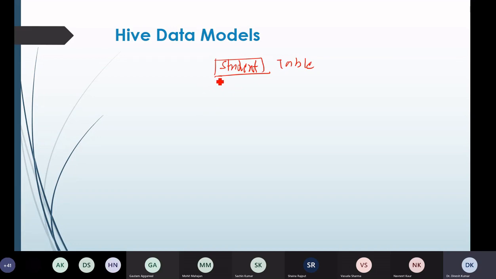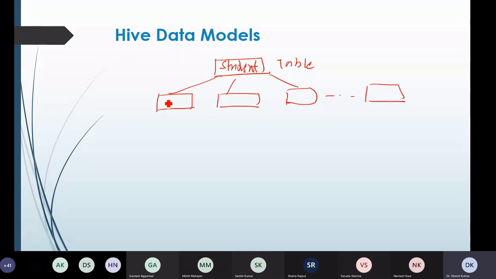What we did here is we divided this table into parts based on the column department, or the branch. So we divided this complete table into partitions on the basis of this column, department.